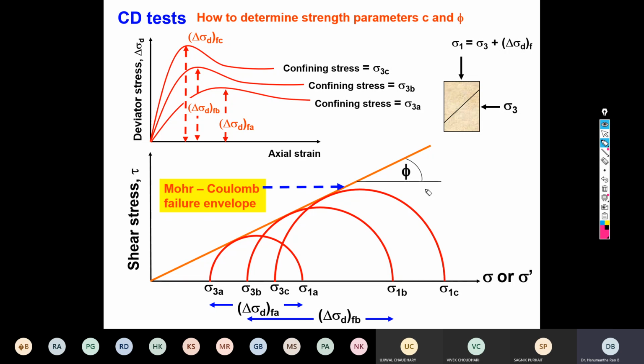So this is what I was asking in the question yesterday. Even if you conduct the triaxial CD test or any kind of triaxial testing on a clay, the phi increases but C continuously decreases. Meaning thereby, when the particles are adjusting, the angle with which they offer the resistance substantially increases. Because of that, your phi value increases. But here, the parameters are only the total stress parameters, not the effective stress parameters.